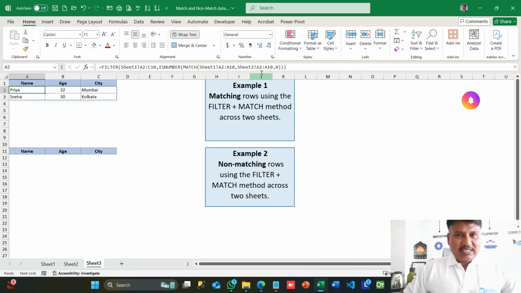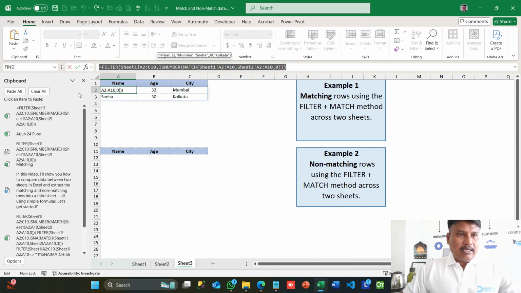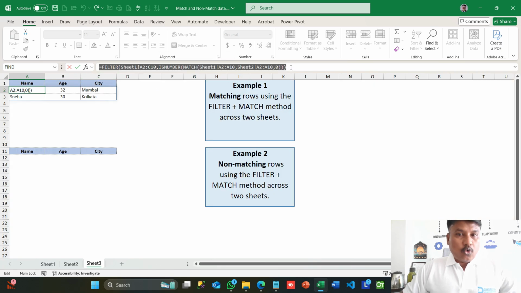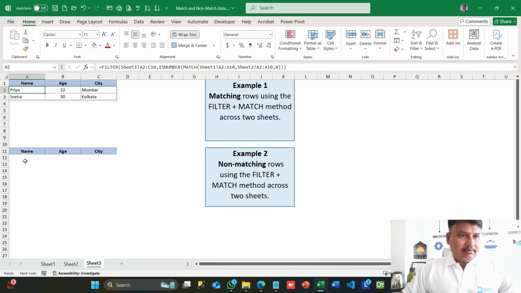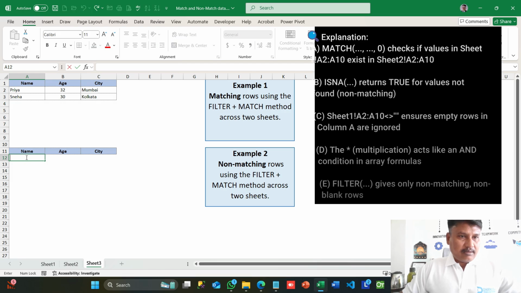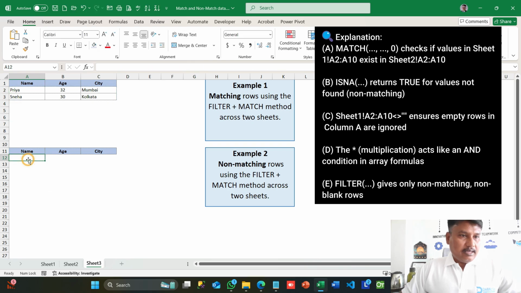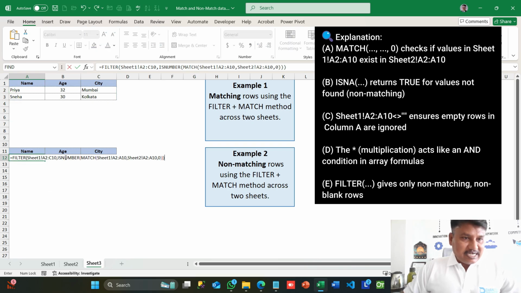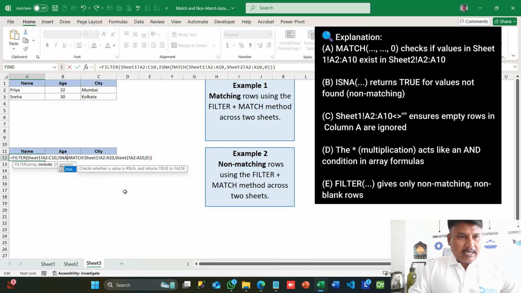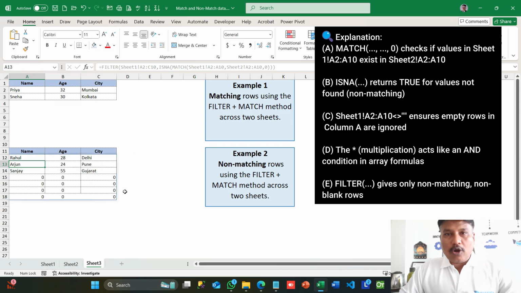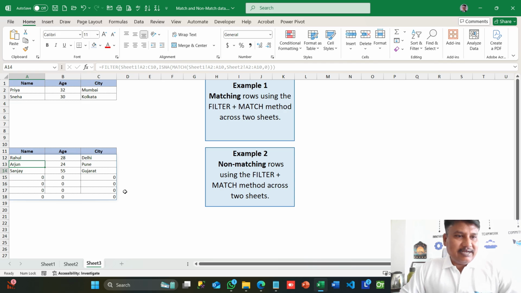So in this formula, the same formula, I'm just going to copy this formula and paste here. Sorry, let me copy again. Control C and Control V. But instead of ISNUMBER, I'm just going to change it to ISNA. Okay, and enter, and this is going to return us the non-matching values. But you can see that we are getting some extra zeros because as we have compared A2 to C10, it is giving us the rest of the zeros.